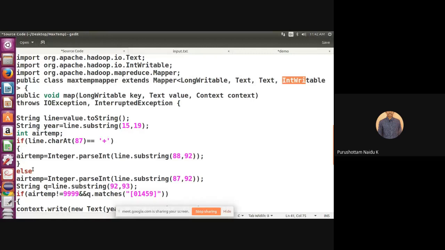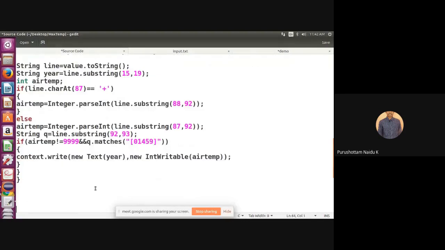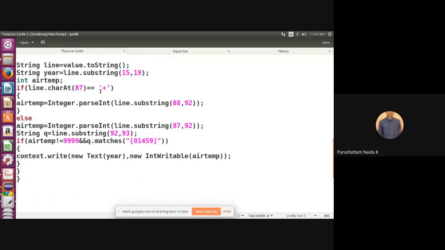That's why, else, charAt 87 is equal to minus. If charAt 87 is minus, then we come to the else part. Then we have to extract the substring from 87 to 92. What does 87 contain? It contains the negative sign with the number. Again, that can be maintained as an integer. That's why airTemperature equals Integer dot parseInt of line dot substring of 87 to 92.